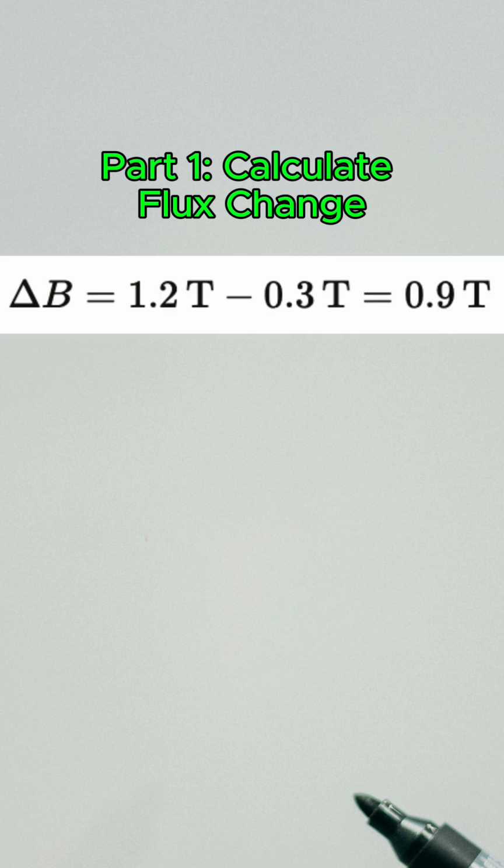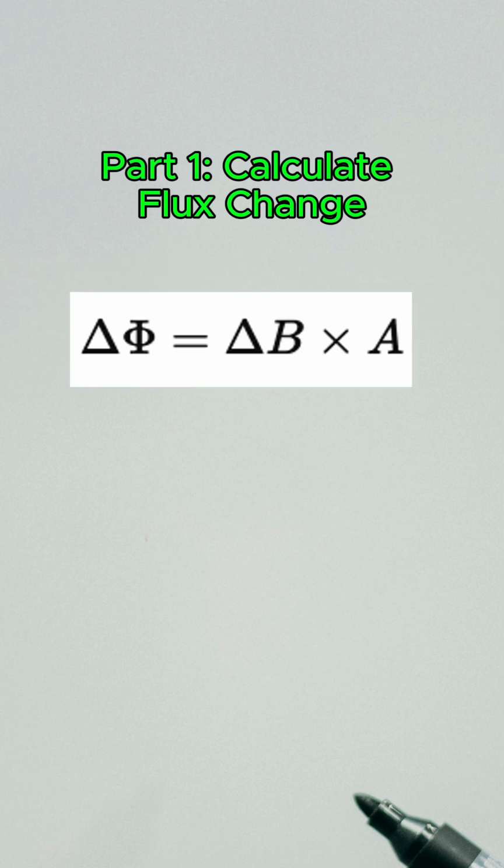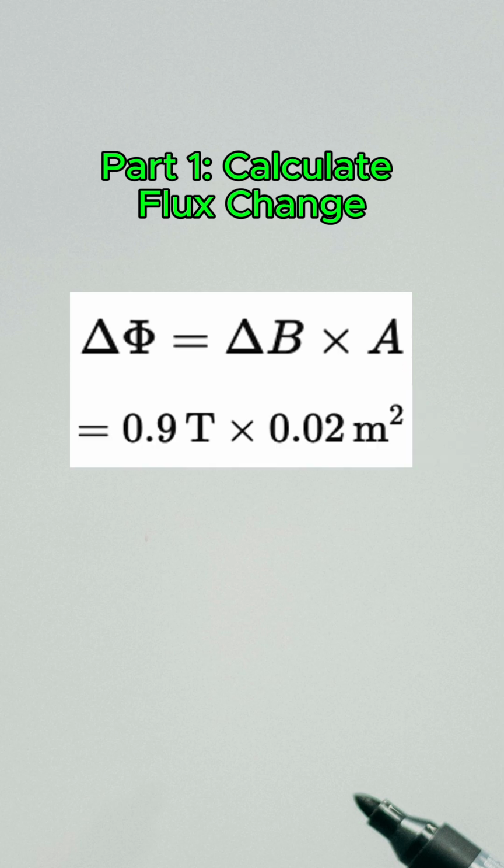Let us begin with part 1. First, we calculate the change in magnetic flux. The magnetic field changes from 0.3 Tesla to 1.2 Tesla. So the change in B is 1.2 subtracted by 0.3, which equals 0.9 Tesla. The coil's area is 0.02 square meters. Therefore, the change in flux is 0.9 multiplied by 0.02. That is